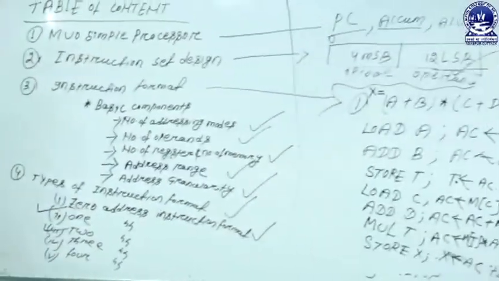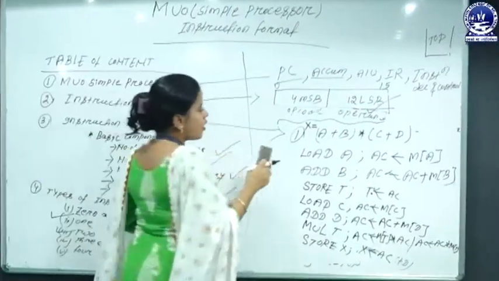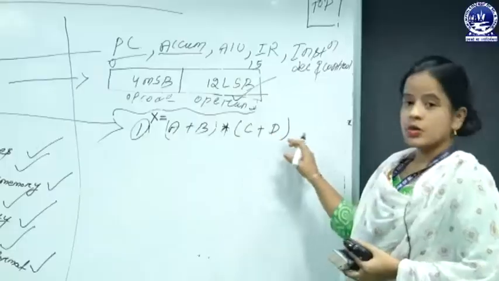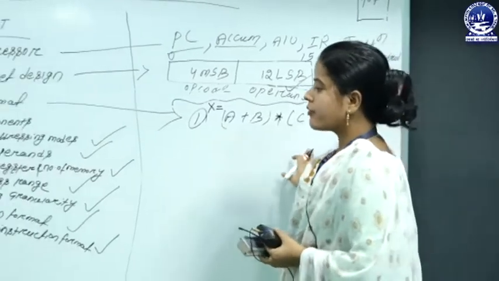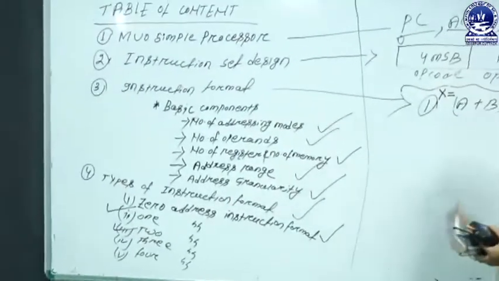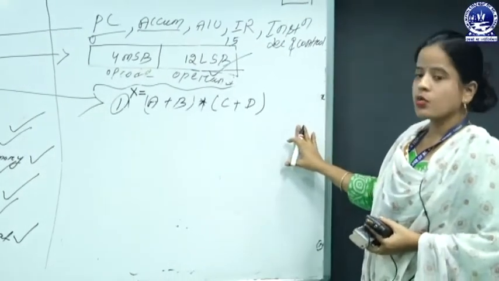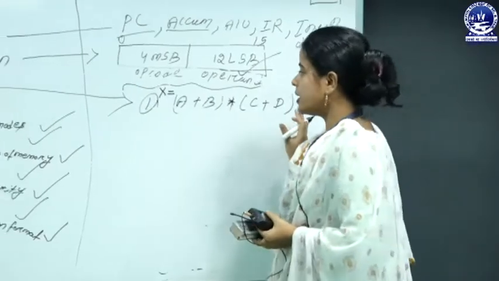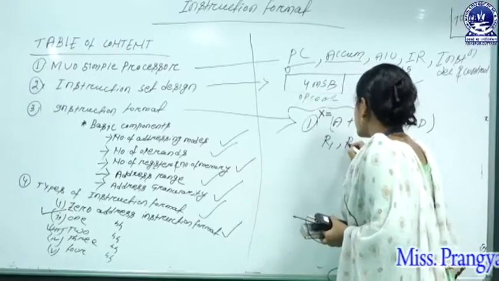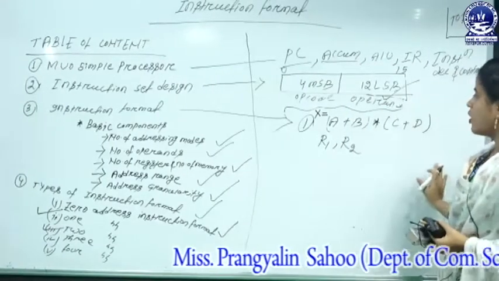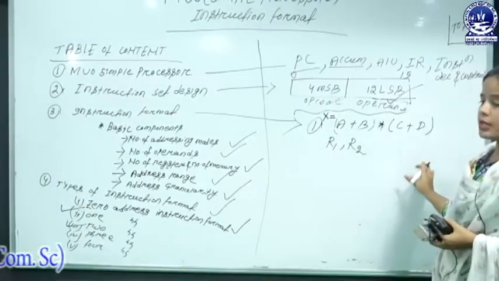As the two address instruction format uses two registers or two memory locations, so how the job is executed. So now to check how the given expression is executed using the two address instruction format. Here we have used two registers, one is register R1 and another register, that's your R2. Okay, so now by using these two registers, how is the given expression executed.